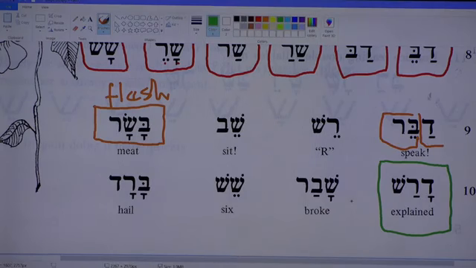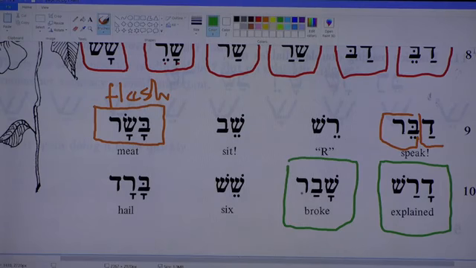Explain. Darash is an explanation. I'll bring up other stuff later as we go along. I don't want to get too far. Broke, as in he broke it, not as in no money,